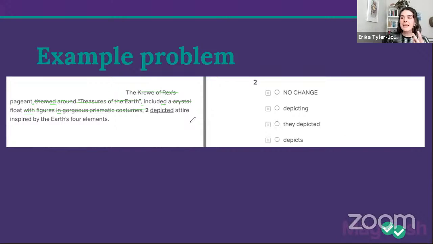Okay. Anything else? Now we might be going, hey, it's a comma followed by an -ed. Maybe this whole last part is a modifier, maybe, but we don't know that because again, that underlined portion can change. So I'm going to leave depicted and attire in there. But what about the end of the sentence? Can I cut some stuff there?